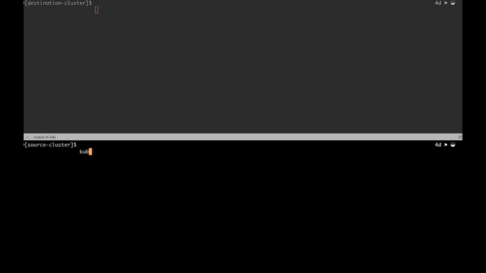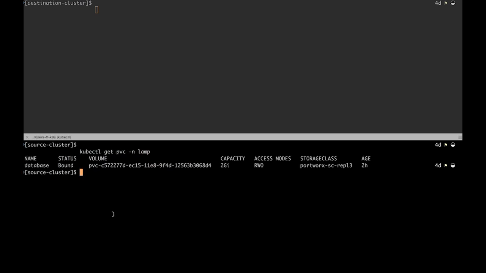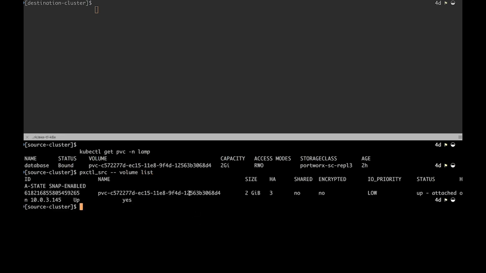We can also take a look at the different persistent volume claims backed by Portworx. So there's one here for the database, 2 GB using the Portworx storage class. And we can also use the pxctl Portworx CLI to list the volumes, and we can also see the same PVC as expected in the Portworx cluster itself, that it's up and attached to the node used by the